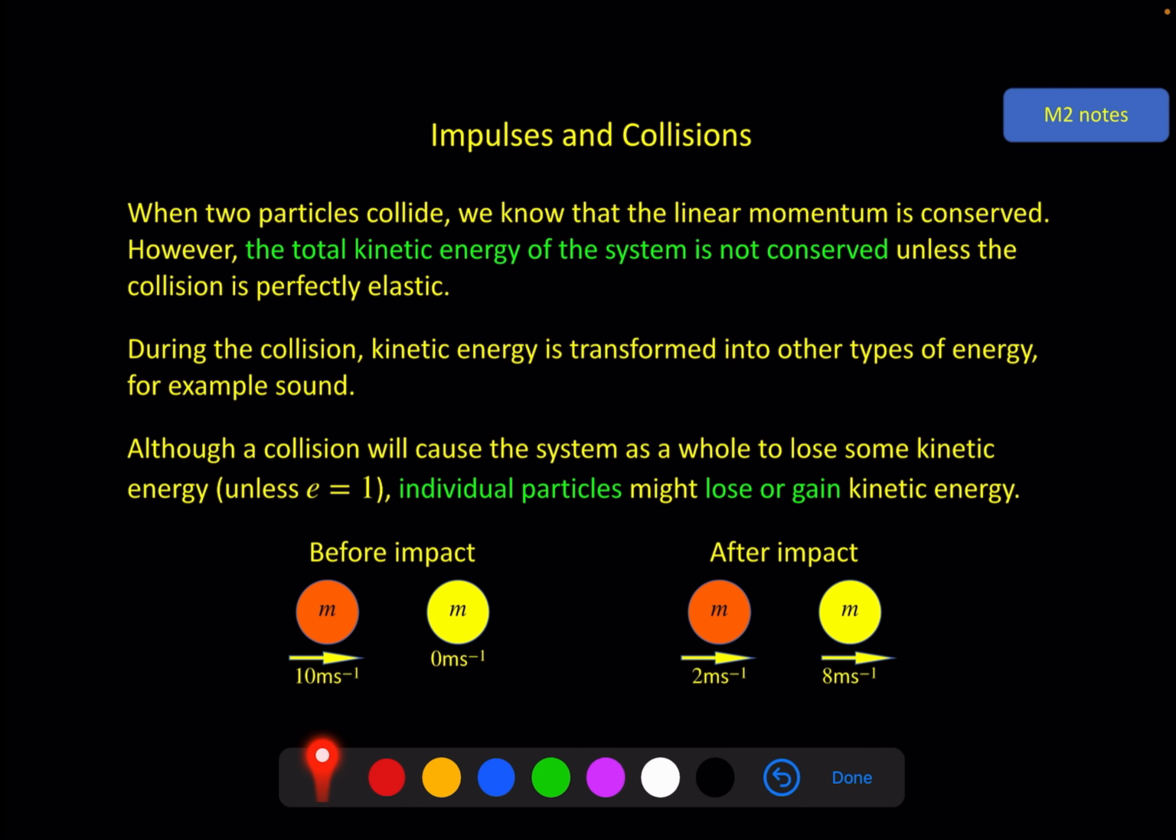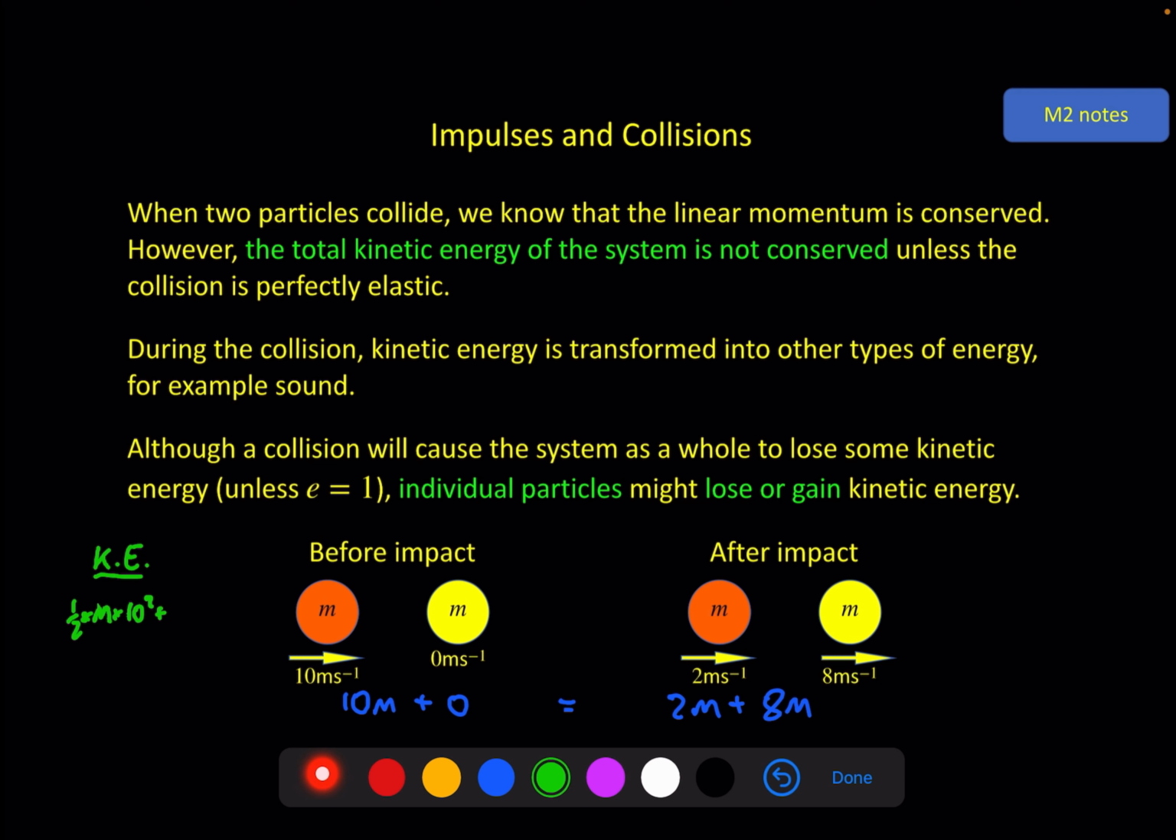So the linear momentum is 10m plus 0 before impact, 2m plus 8m after impact, and you can see very easily that this is the same: linear momentum is conserved. However, if we look at the total kinetic energy before the impact, we've got a half times m times v